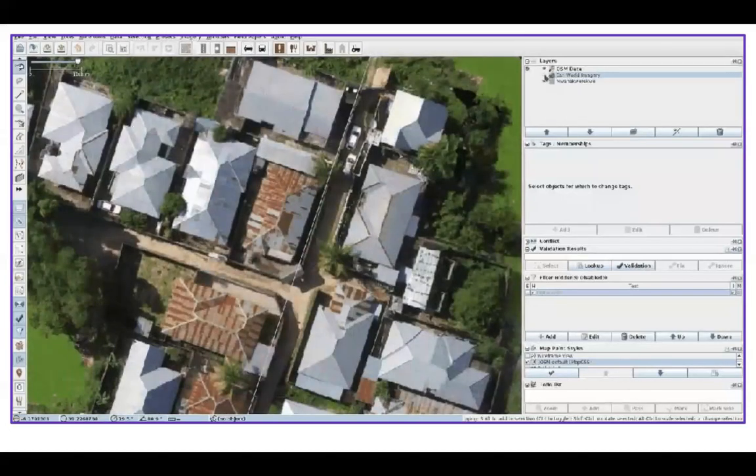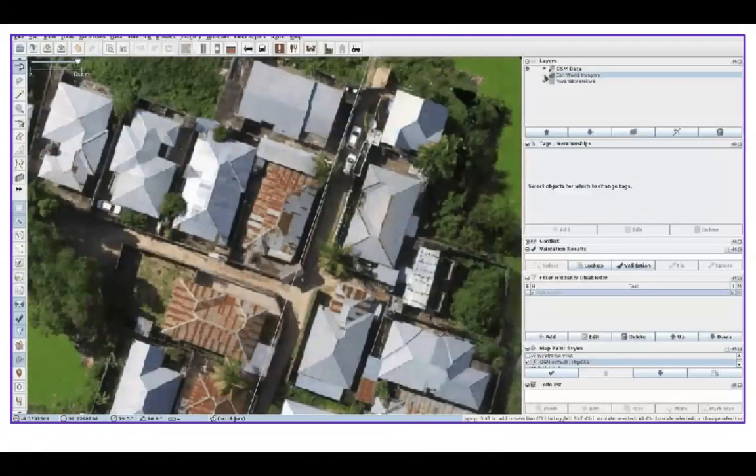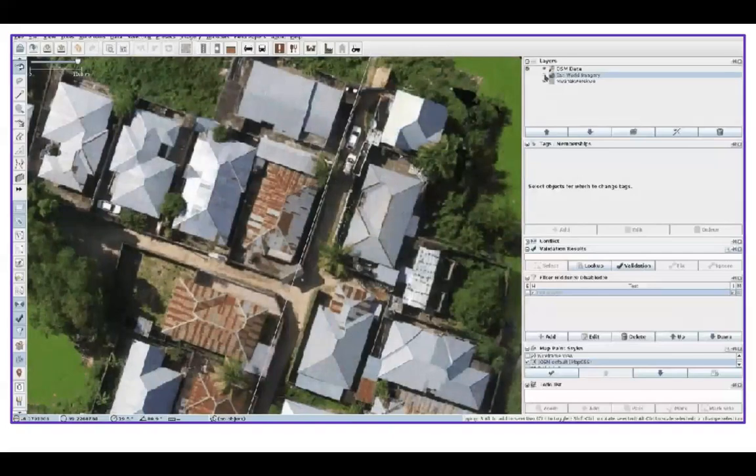So, each pixel represents that on the ground. So at 40 centimeters, anything that's less than 40 centimeters across basically is impossible to see for the most part in the imagery. So having this extra resolution just makes it easier to understand what you're looking at when mapping. You also get better temporal resolution. You can launch a drone on demand and take advantage of breaks in inclement weather. You fly under the clouds, and assuming you processed it immediately afterwards, your imagery is about as up-to-date as it can be.